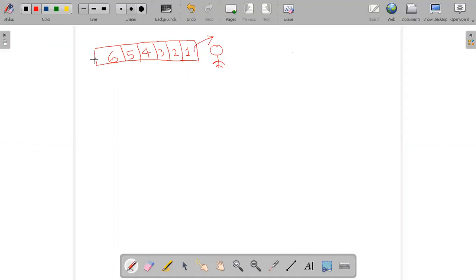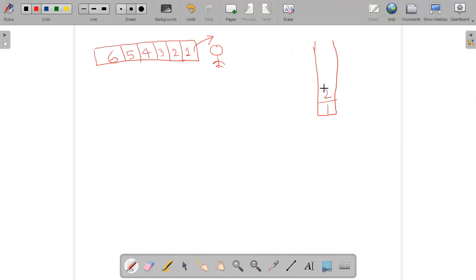We represent a queue like this, horizontally, and if you have to represent a stack, we represent it vertically. The reason is it's a last in, first out approach, right? Suppose one came first, one will be pushed.